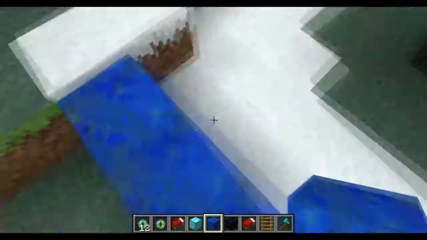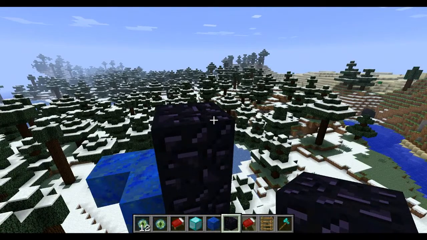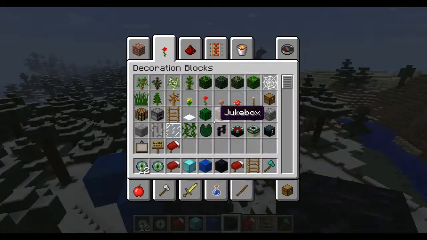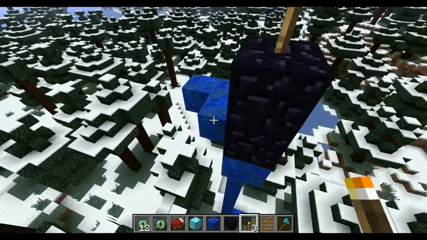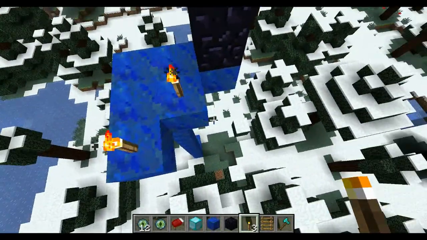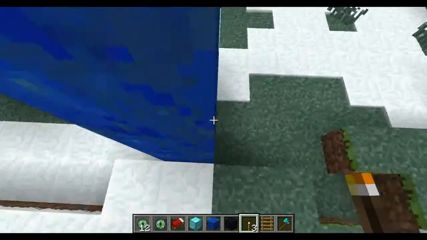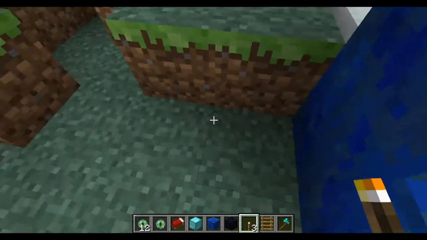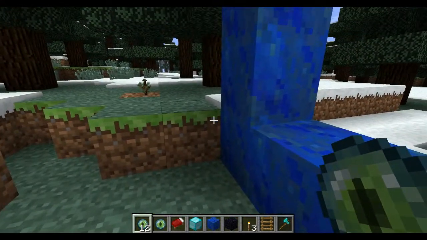Now, so I can see this from a distance. And the other thing I will put here is some torches. Alright, that's going to mark the area for me. Now, the other thing we need to mark is we need to